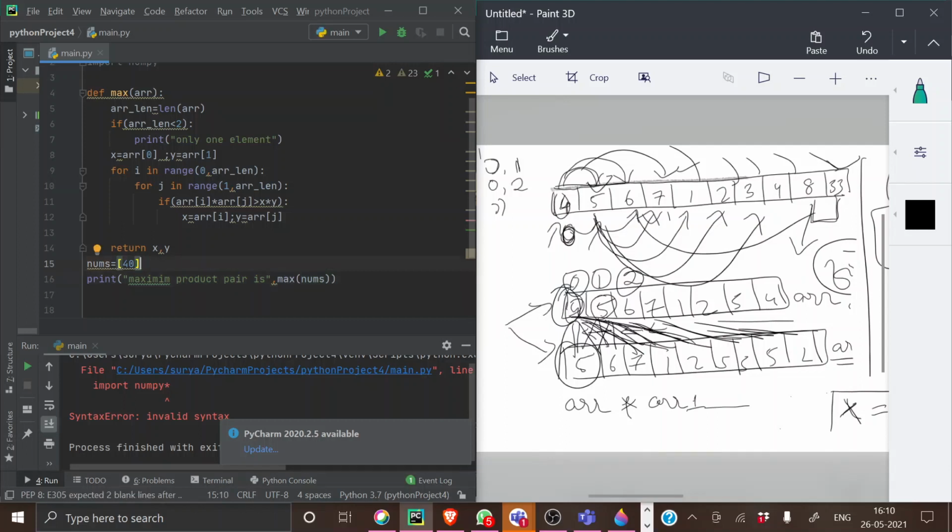So okay, if I give my print statement here, what should be my output? Only one element.